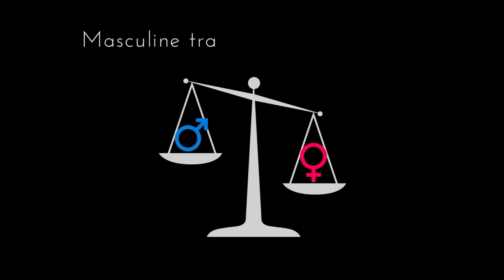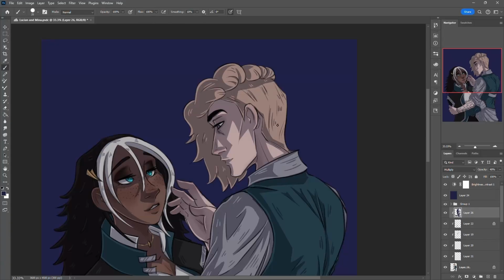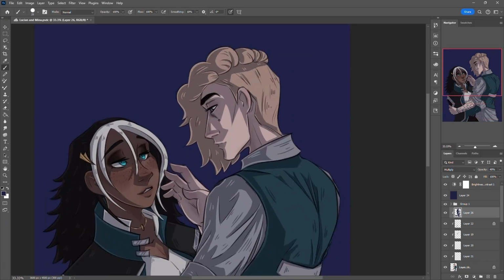Having more masculine or feminine traits will determine which gender your character is perceived as by your reader, like weights on a scale. If a character is reading too masculine for your taste, add more feminine traits. If a character is reading too feminine, add more masculine traits. Continue the balancing act until you're satisfied with where that particular character falls on the scale.